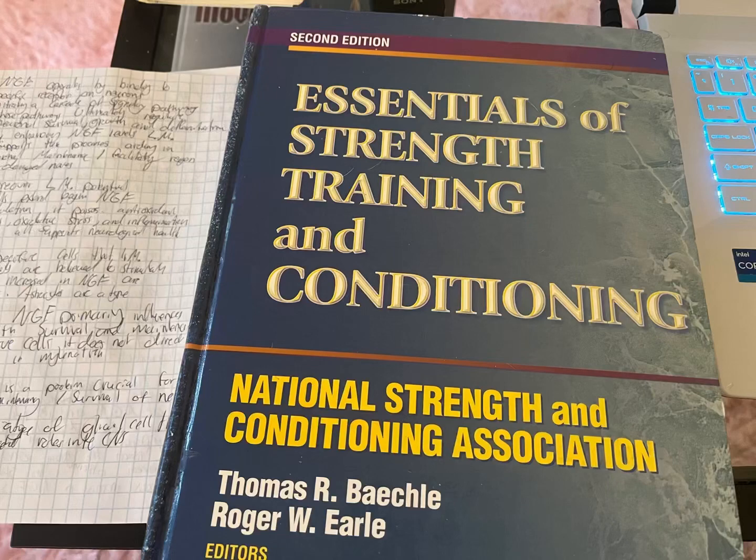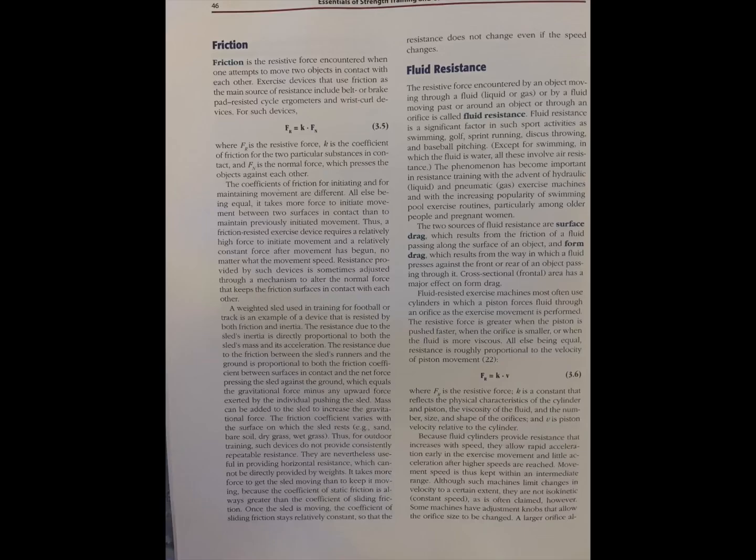Friction is the resistive force encountered when one attempts to move two objects in contact with each other. Exercise devices that use friction as the main source of resistance include belt or brake pad resisted cycle ergometers and wrist curl devices. For such devices, Fr equals K times Fn, where Fr is the resistive force,